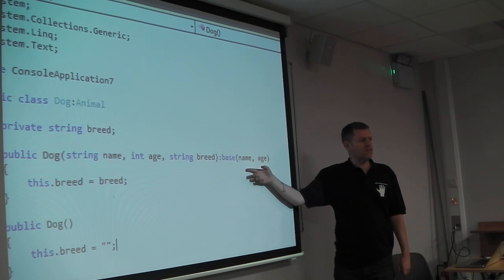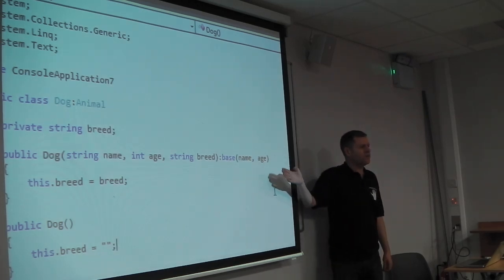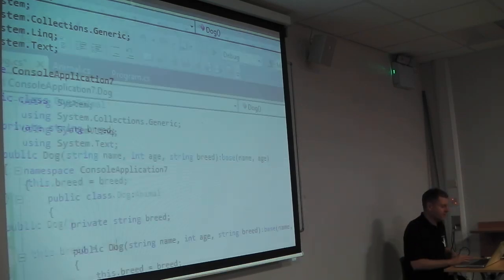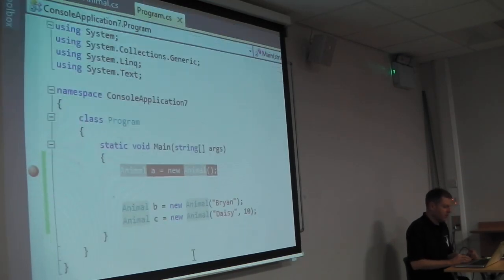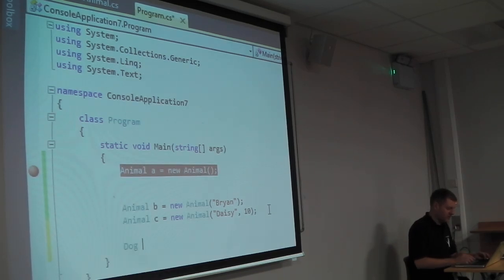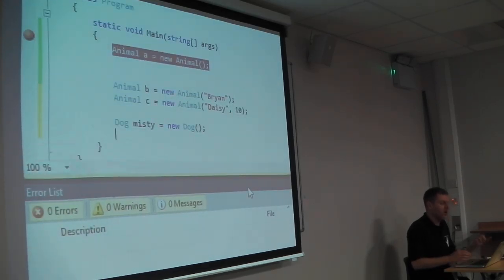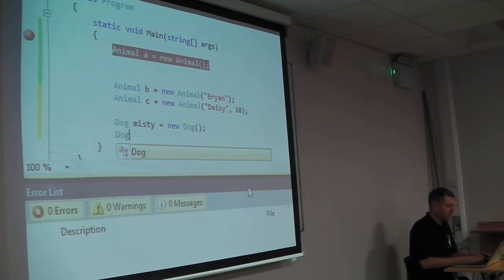So I think the best way to do this is to actually run it. Hopefully, by looking at the sequence of what gets called, it'll be clear. So I can come over here, animal, and let's make it dog. Misty equals new dog. You notice here that there's actually two ways of calling this. You can go equals new dog like that because I've got a no argument constructor. And you can also go dog,